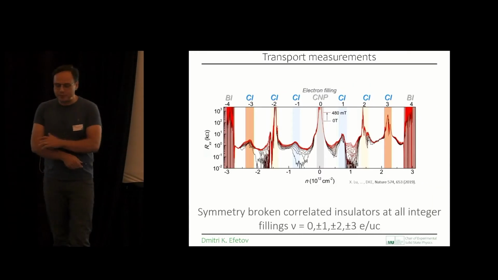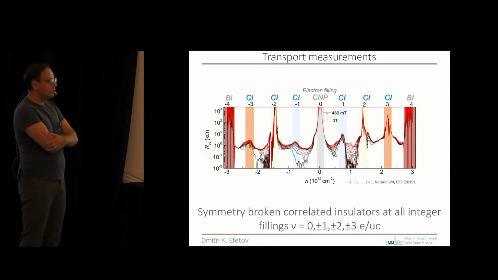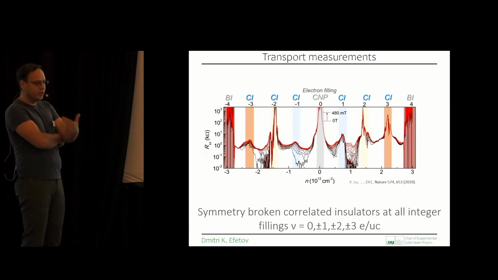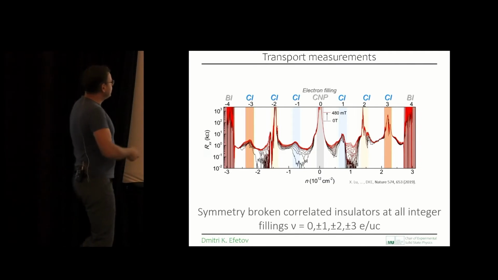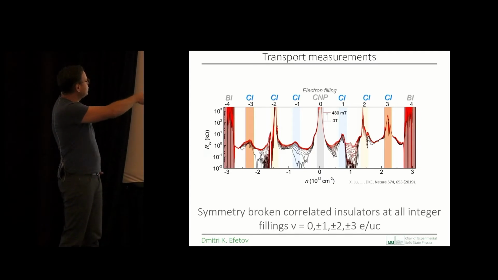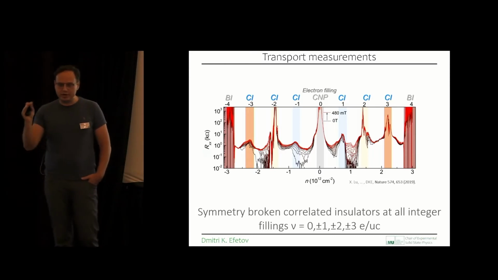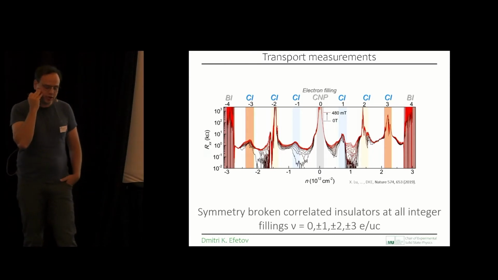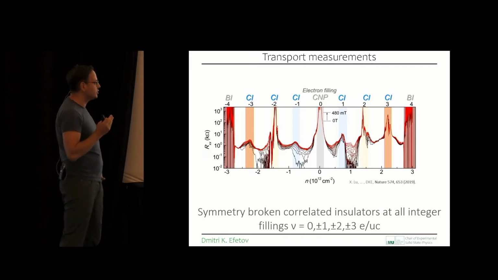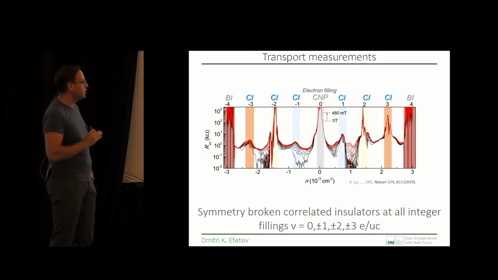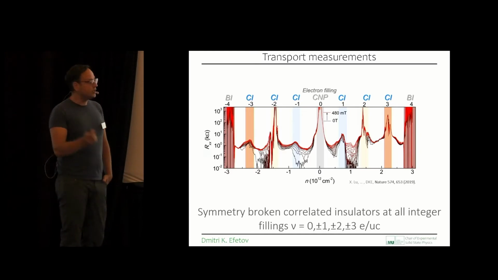This is one of the highlight measurements that we did, where again we measure resistance as a function of filling, as a function of the number of electrons per unit cell. You can see we start here at the edges where 4 electrons per unit cell are filled. Those edges are the single-particle gaps, which I showed you before in the introduction. Those are explained and understood by a single-particle band structure calculation, so they are not exotic and not due to interactions. But all the other peaks you can see here are.